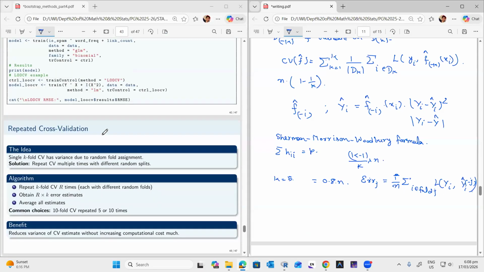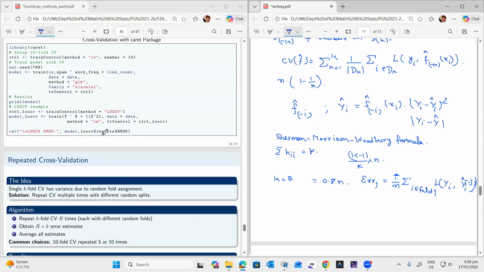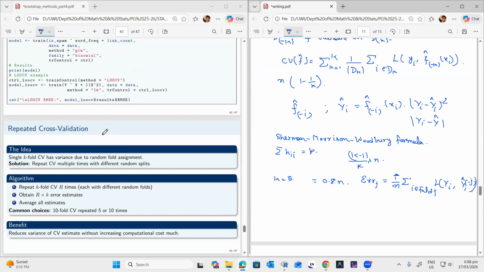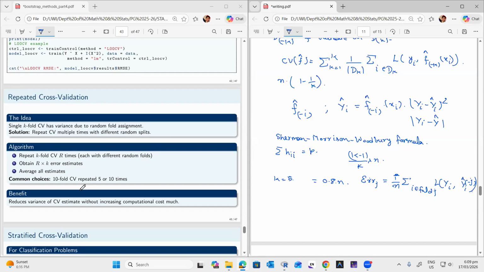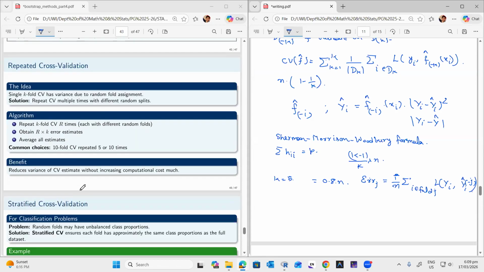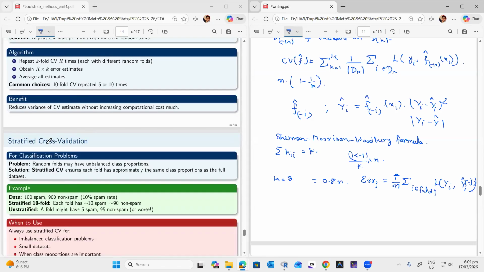After that, we have other methods, but we are not going to discuss them. That is the repeated cross validation. The single K fold CV has the variance due to the random fold assignments. So the solution is to repeat the cross validation multiple times with different random splits. So in that one, repeat the K fold cross validation R times, each with different random folds. Okay, so obtain R times K error estimates and average all estimates. So that is basically another method. And again, after that, there is another method that is called the